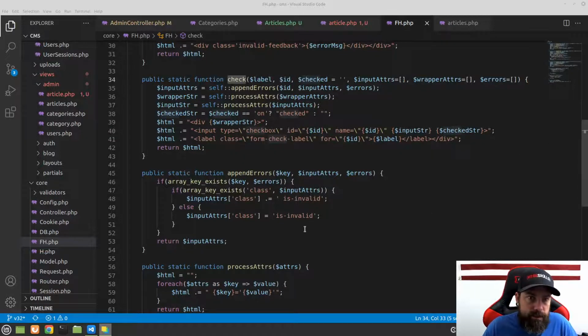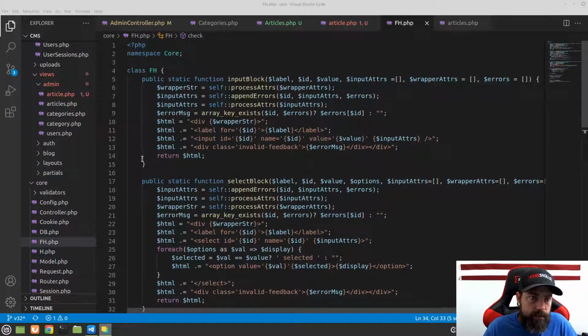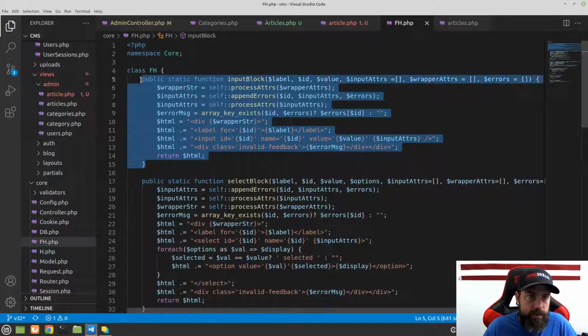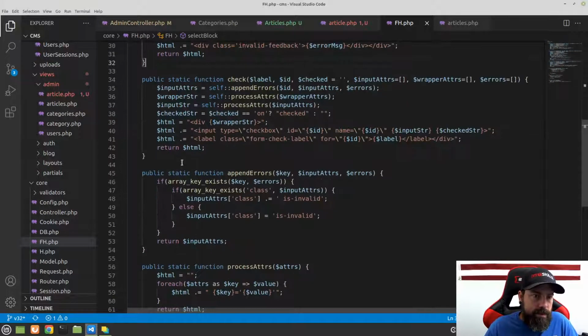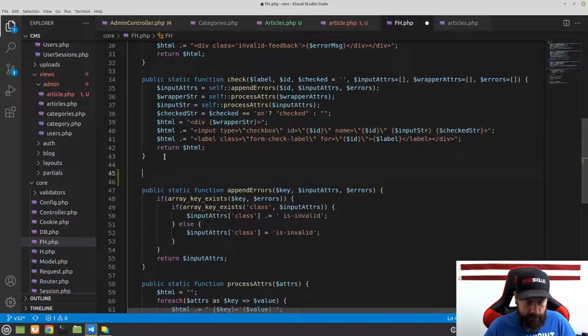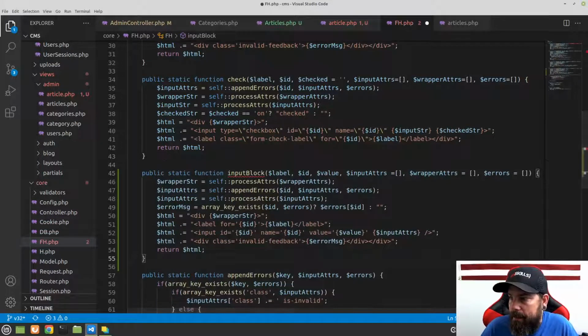Yeah, I think what we can do is just copy the whole input method, and down here we'll go underneath the check, we'll paste that, and then